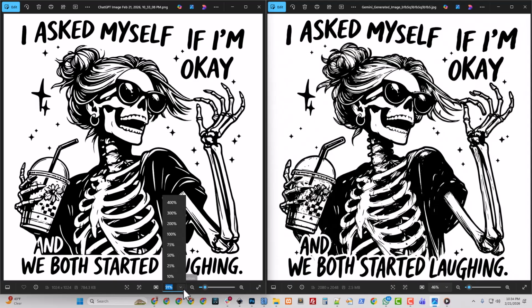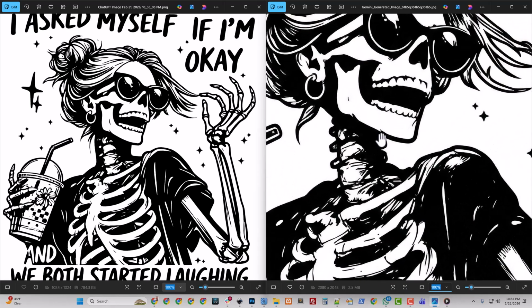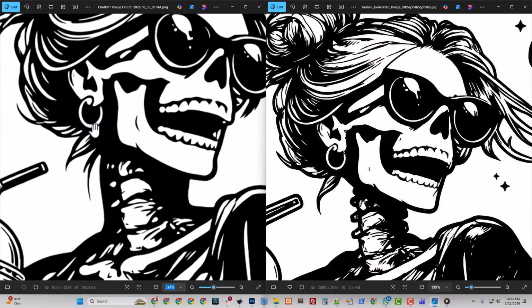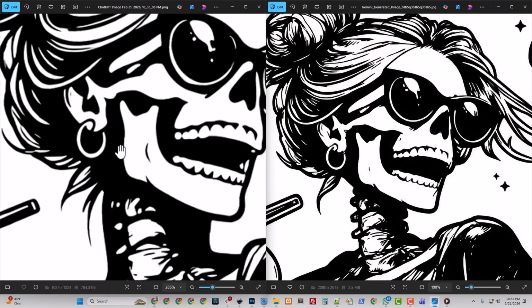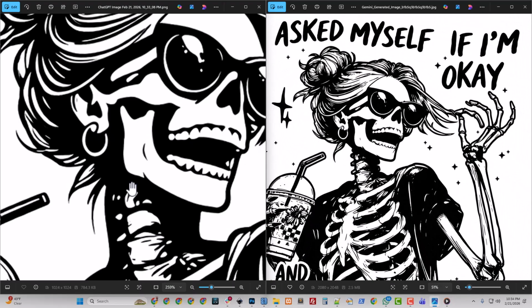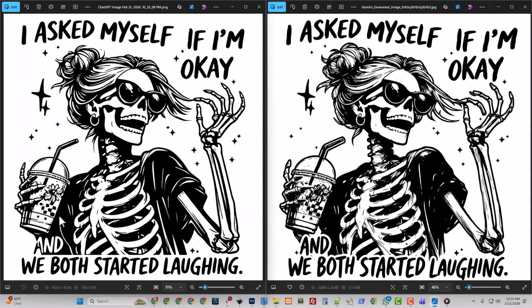Let's look at this at 100%. And then let's look at Gemini at 100%. Much bigger image. It's still pretty clean. This is cleaner, for sure, even just zoomed in. It's fuzzy, of course, because it needs upscaling. But this is just much cleaner shapes in here. I mean, there is more detail, but I asked for vector, so losing detail is good.